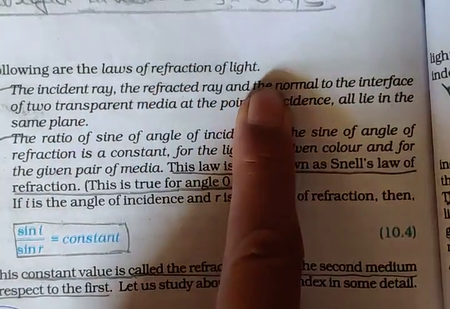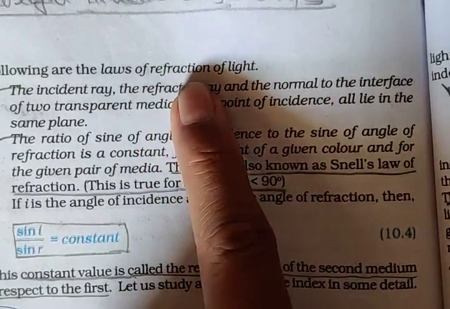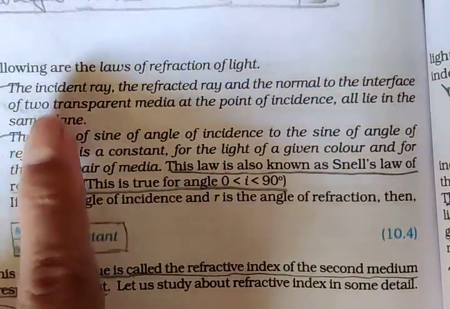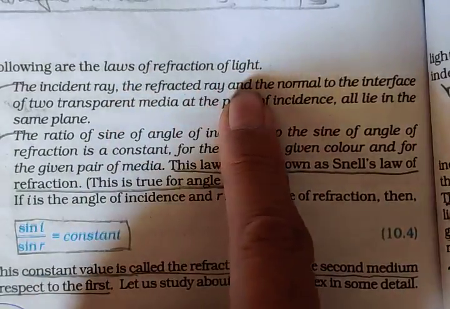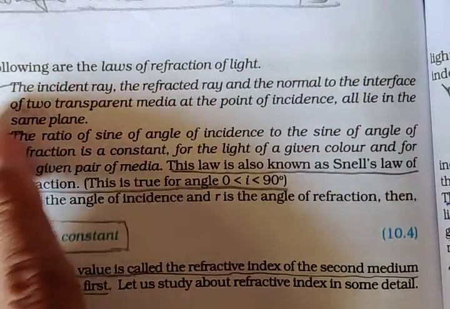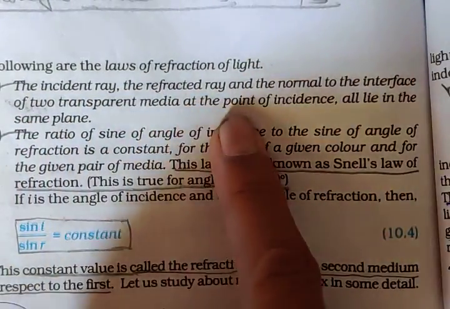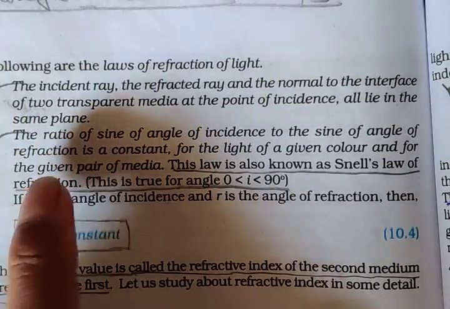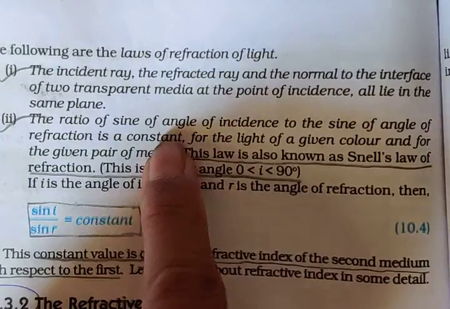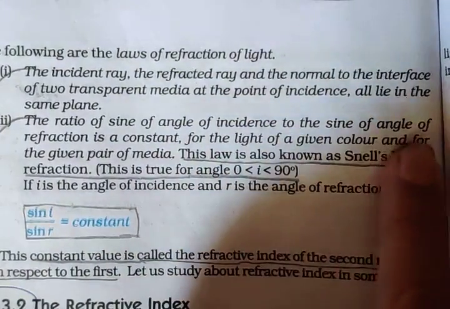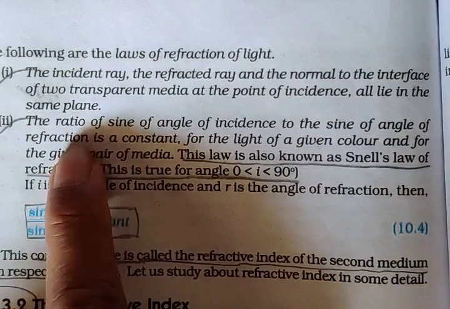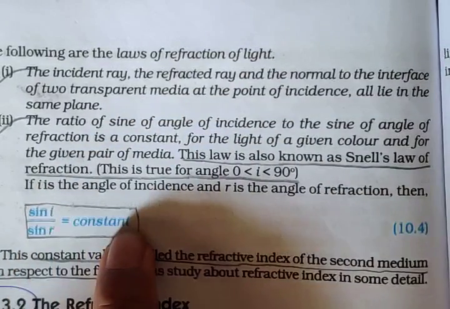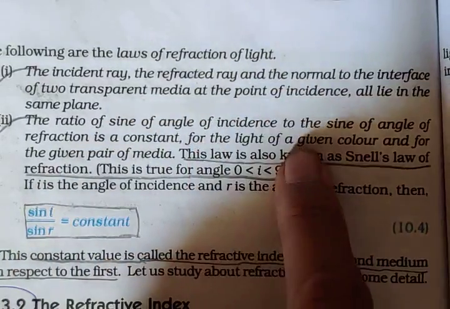This is called refraction of light, not reflection. Please remember that in refraction the wording is going to change. The incident ray, refracted ray and normal to the interface of two transparent media at the point of incidence all lie in the same plane. Second, the ratio of the sine of the angle of incidence to the sine of the angle of refraction is a constant. So sine of i upon sine of r is equal to a constant for light of a